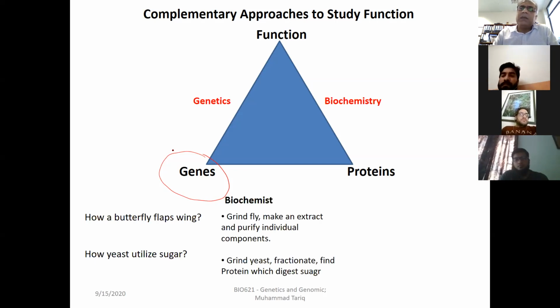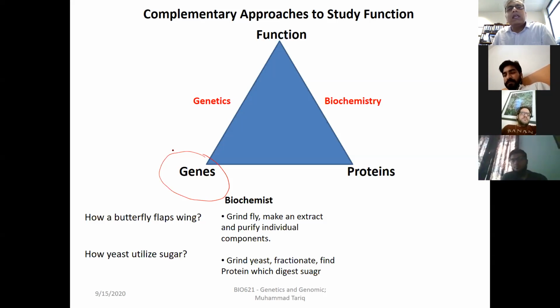The biochemical approach is simply: you grind the whole butterfly, and all the cells of the butterfly are dead. All the components of the cells are in a solution, and you isolate individual components. Basically, as a biochemist, you are purifying proteins. There are biochemists who work on carbohydrates as well, and biochemists who work on lipids as well. But in terms of understanding the biological function, we isolate proteins, we purify individual fractions, and then we try to